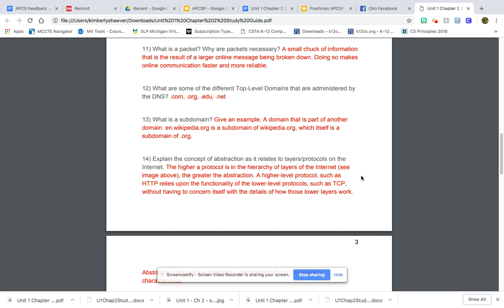Why are packets necessary? A packet is a small chunk of information that is the result of a larger online message being broken down. Doing so makes online communication